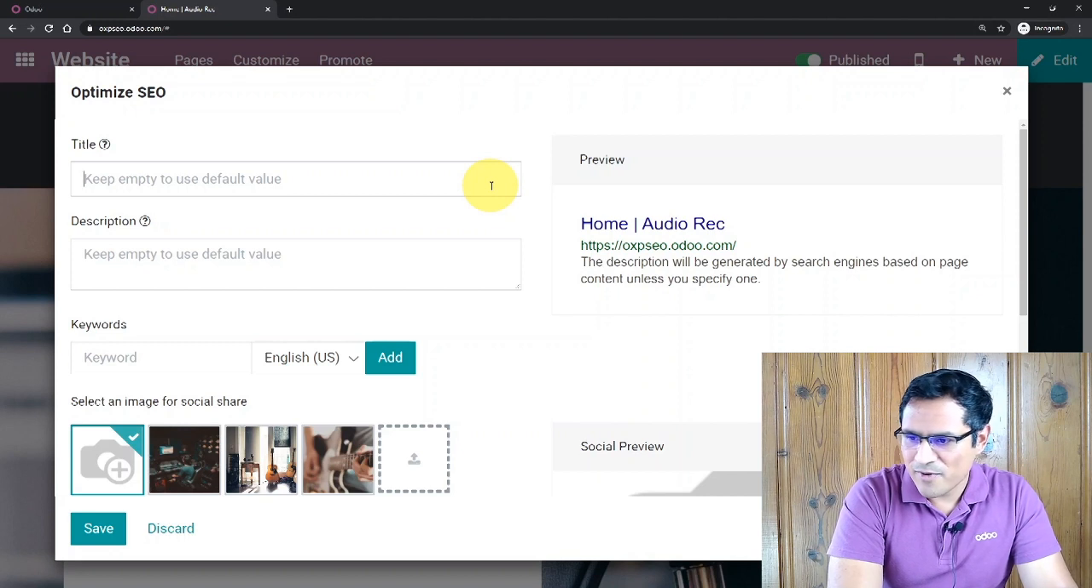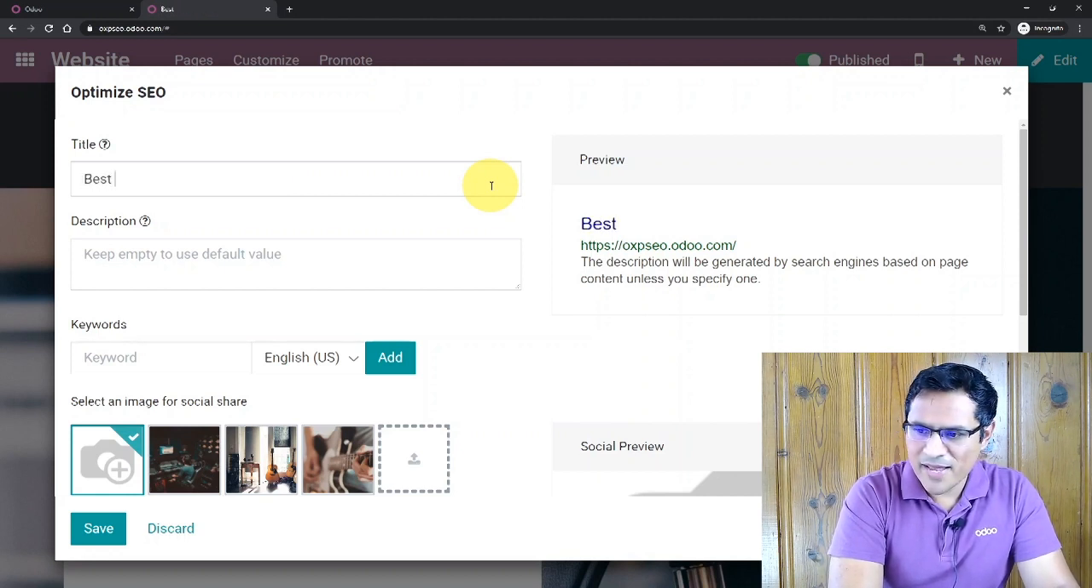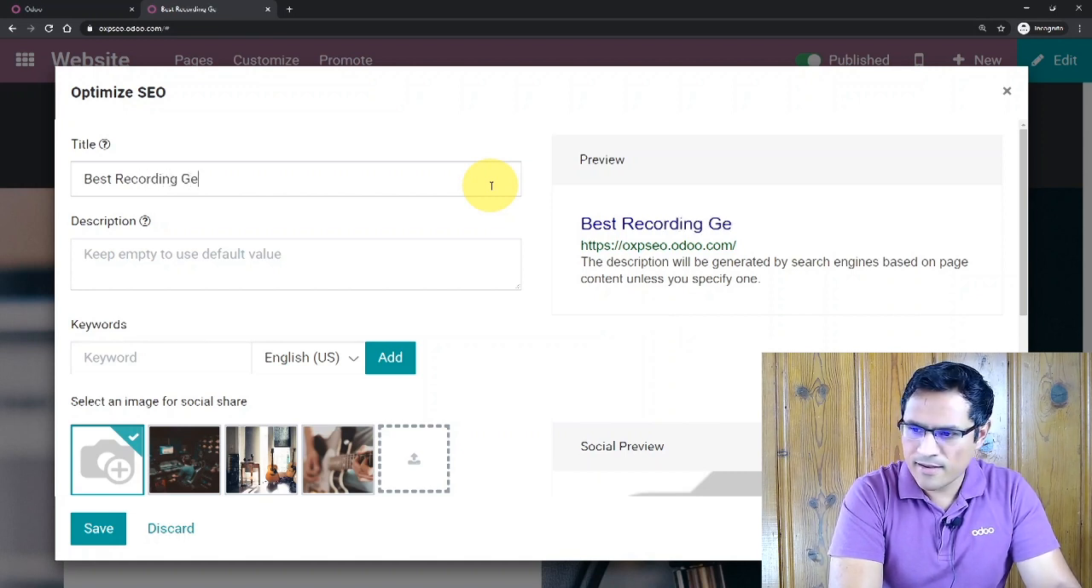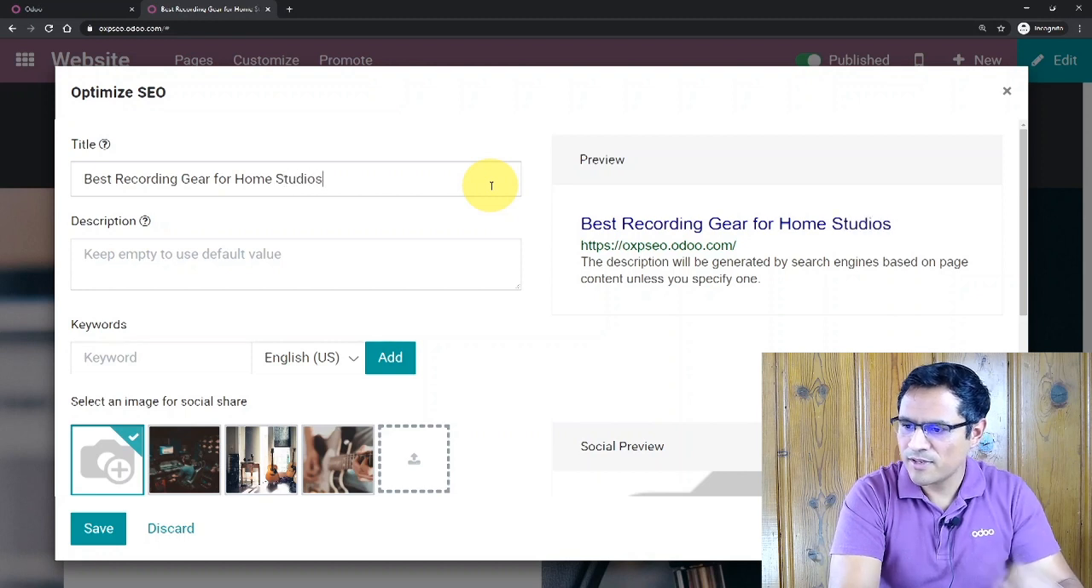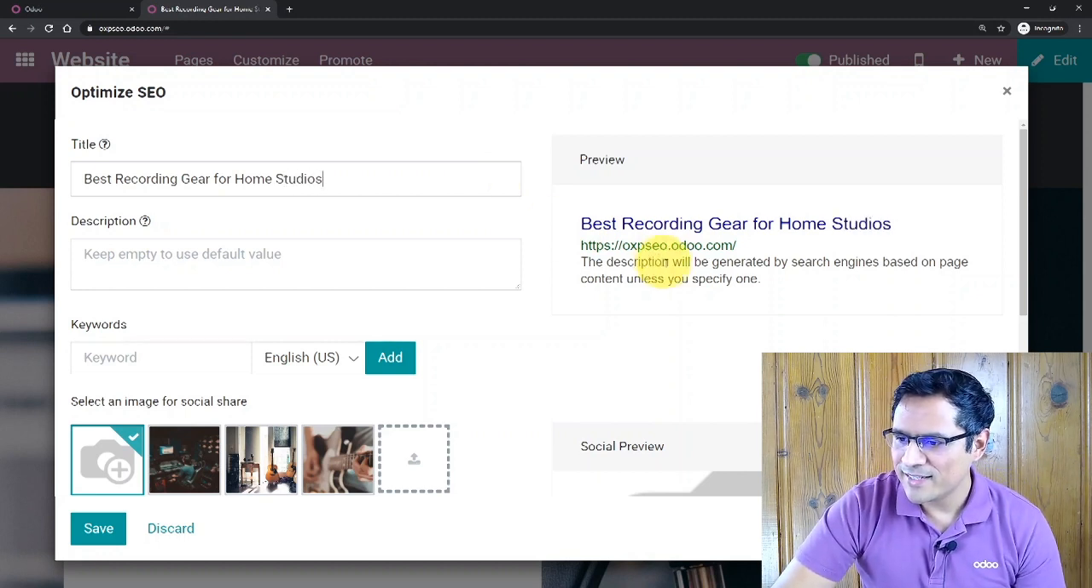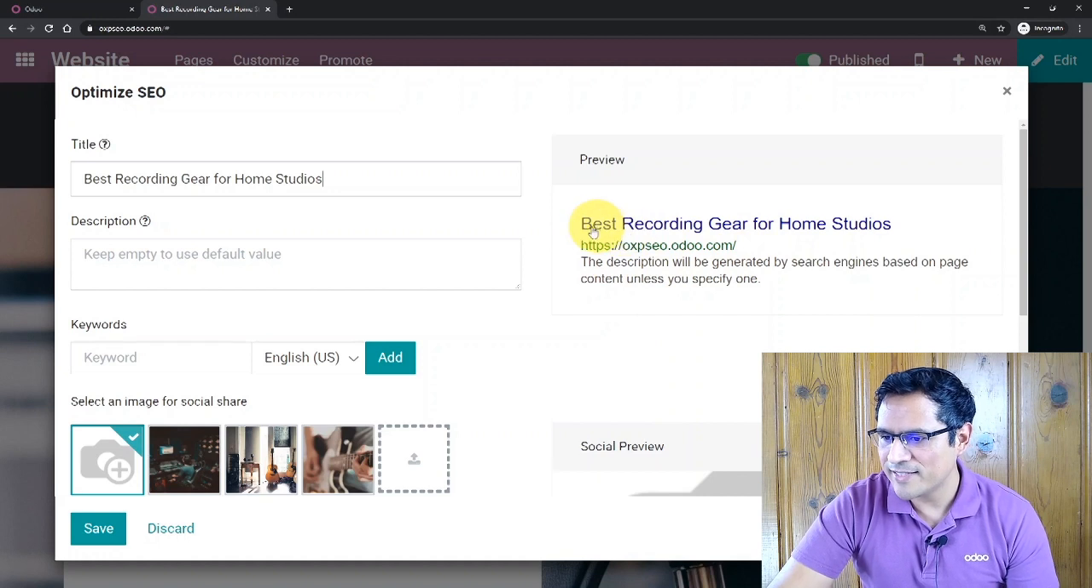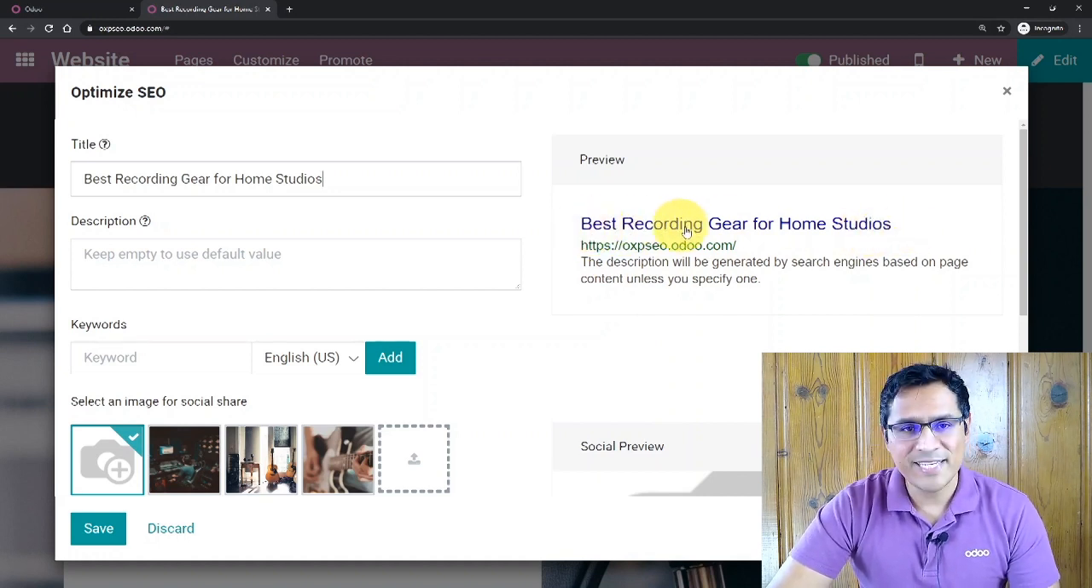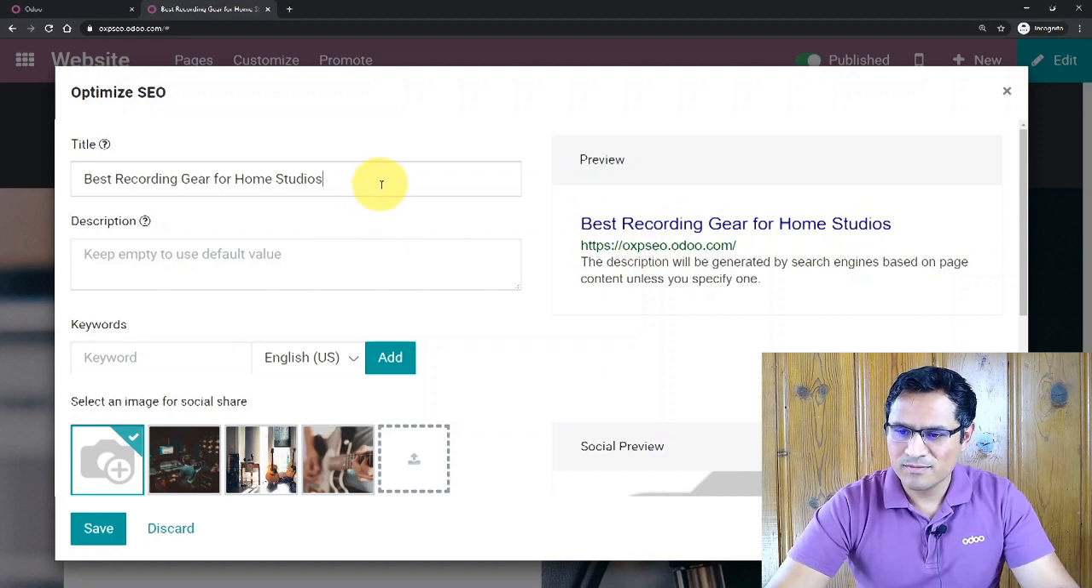So in this case, probably for my company, I'm going to type something more interesting, like best recording gear for home studios, something like that. And I also want this title to be short, and I want the title to be complete. I don't want Google to truncate this, right? If I keep writing,